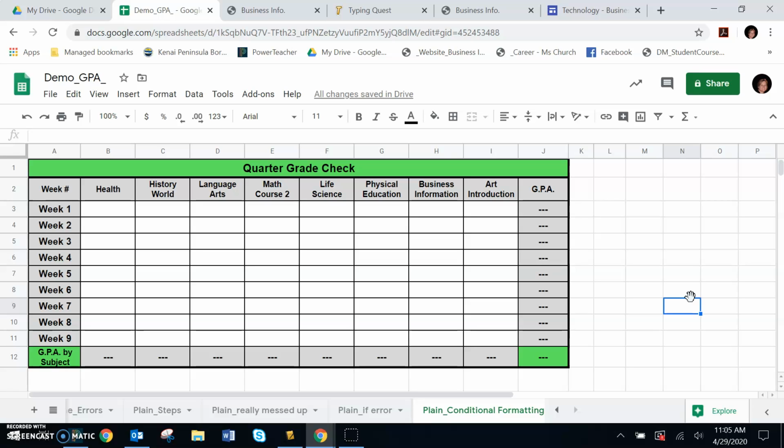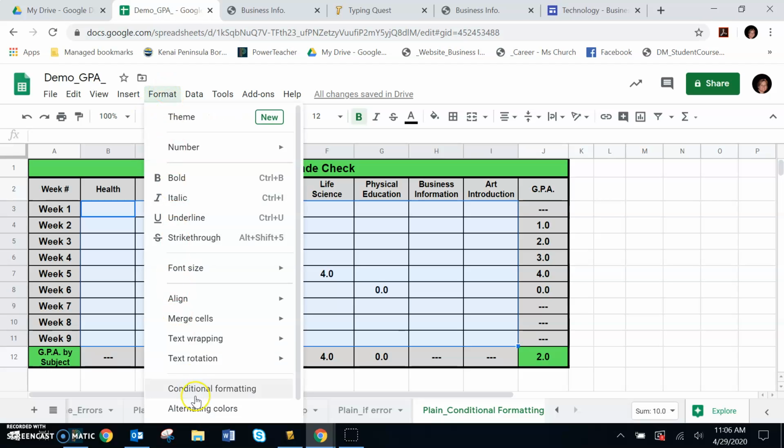Easy to do. Okay. So for this, the real goal of this assignment is to show you conditional formatting. And the way this works is that if a number appears in the middle of the chart, it will turn a certain color. Okay, so in order to do this, you go ahead and select B3 all the way down to I11. And so basically the center section. Go up to Format, Conditional Formatting,